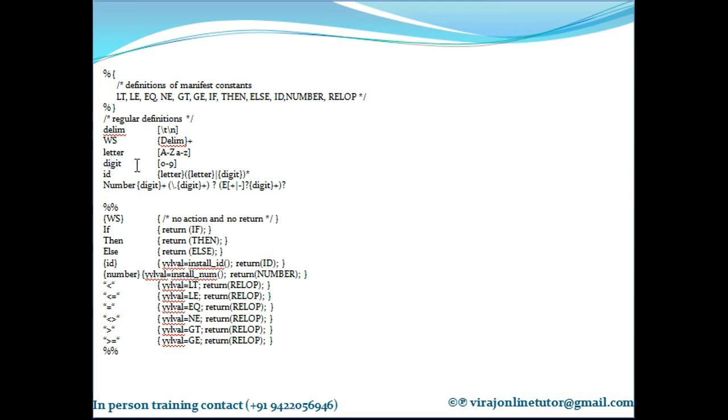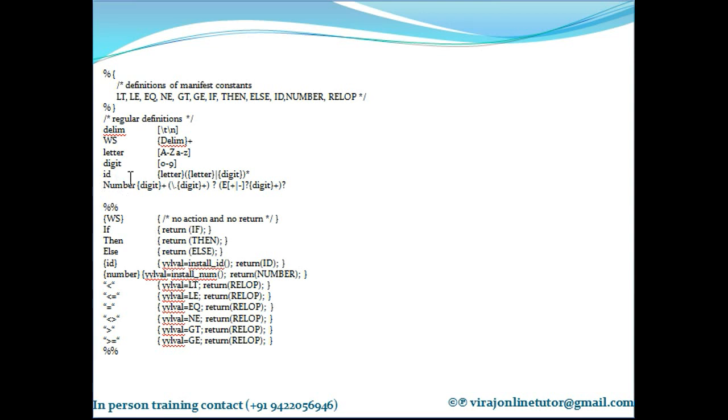What is a letter? Letter is capital A to capital Z or small a to small z. So it can be either capital A to capital Z or small a to small z. Any of the characters from this set will be a letter. What is the digit? 0 to 9.